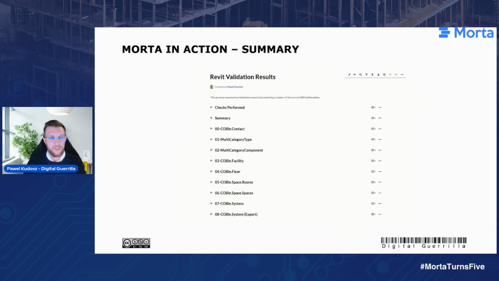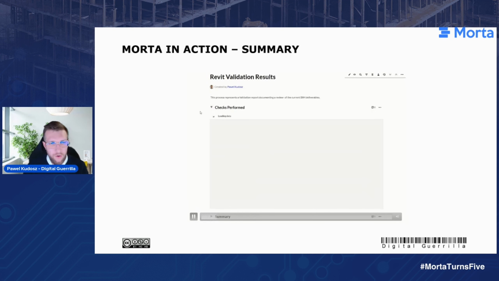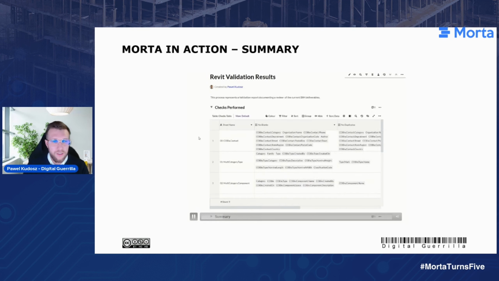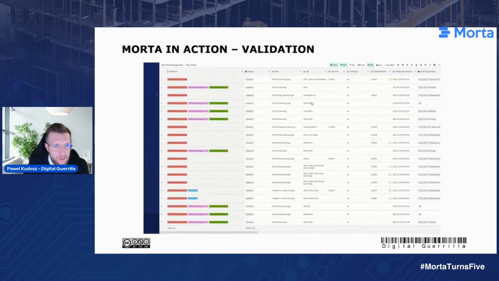And now moving to the summary. So if we were to send this to the design teams, they would be able to basically see what checks have been performed in each table. So if we look at the multi-category type, we would look that we were looking for no blanks for category, family, type, and so on. Then we have no duplicates for type mark and, sorry,